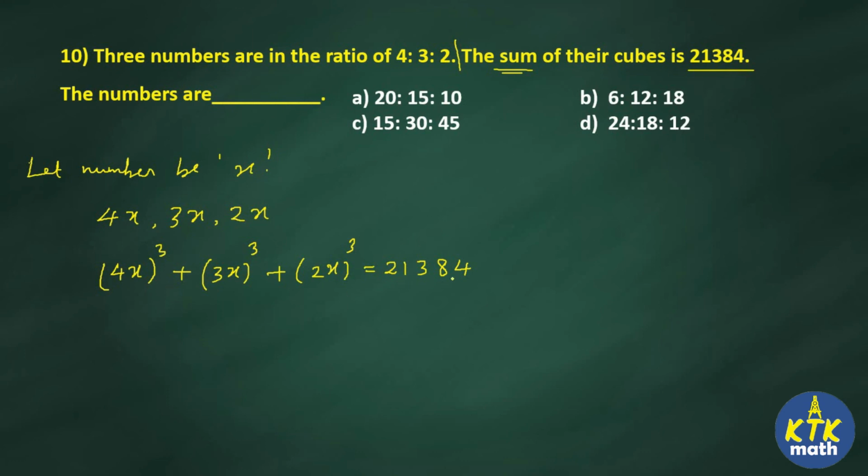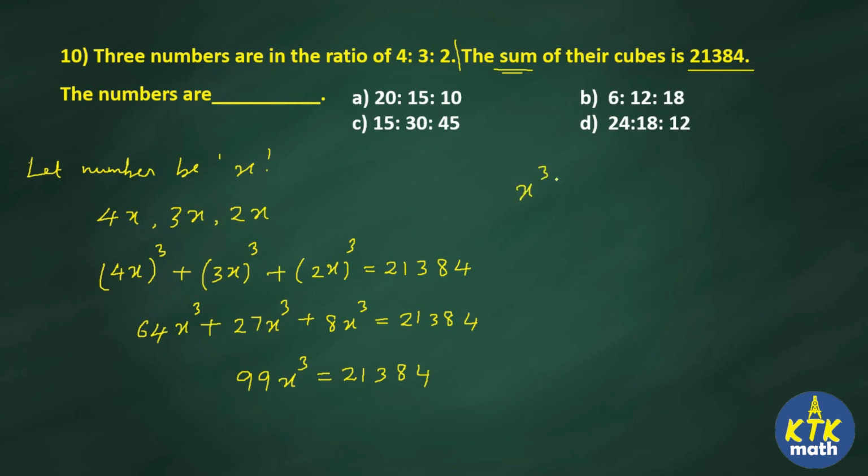Now try to solve this. So (4x) the whole cube is nothing but 64x cube, and (3x) the whole cube is 27x cube. Now (2x) the whole cube is 8x cube, which is equal to 21,384. Now add all these, they are like terms only. I can add 64, 27 is 91, 91 plus 8 is 99. So 99x cube is equal to 21,384. So how are we going to find x cube from this? x cube is